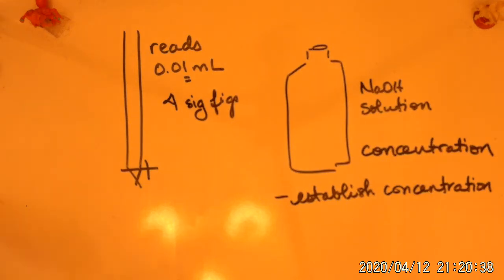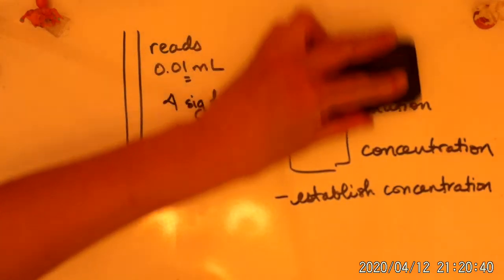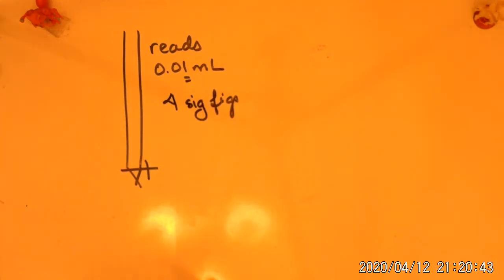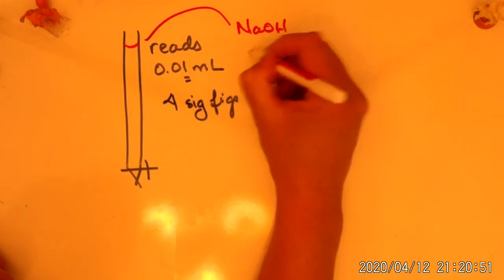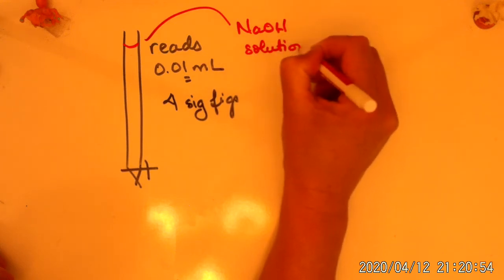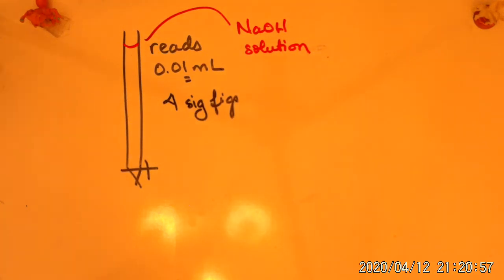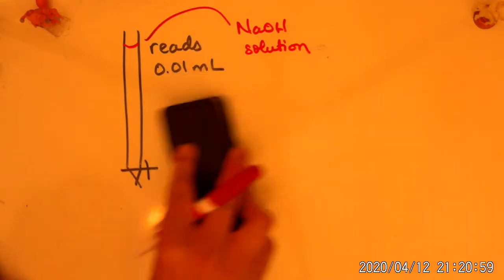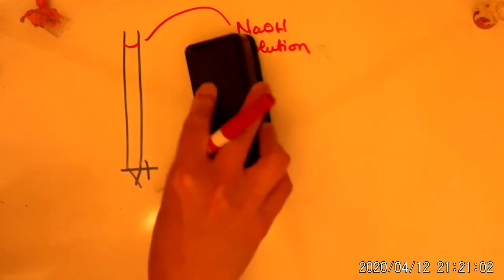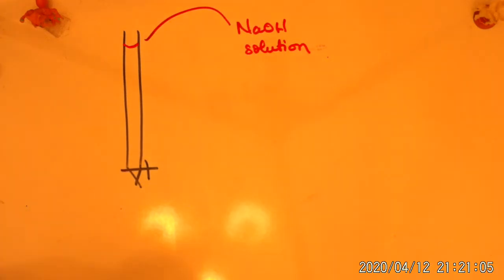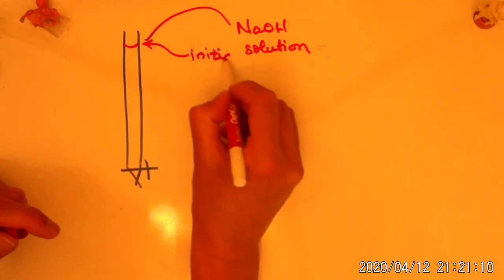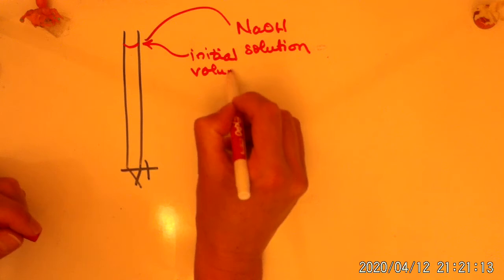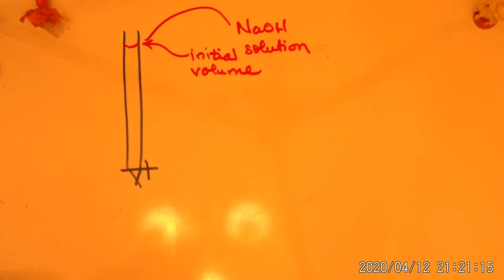Well, once we make our sodium hydroxide solution, we fill the burette with our sodium hydroxide solution. Okay, and when you read it, try to start slightly below the 0.00. So when you read it, this is your initial volume. Okay, and what you're going to put down below